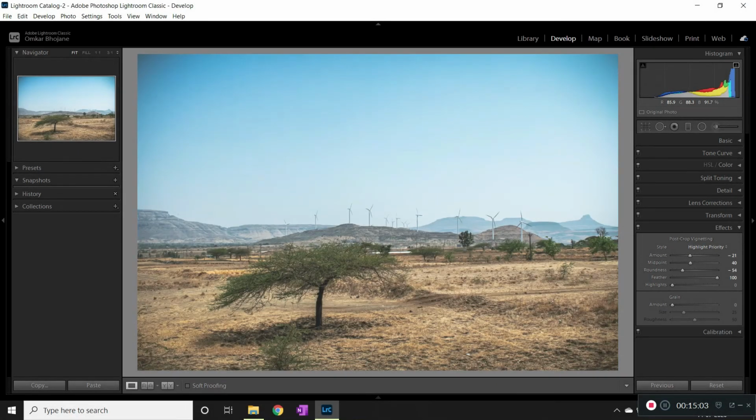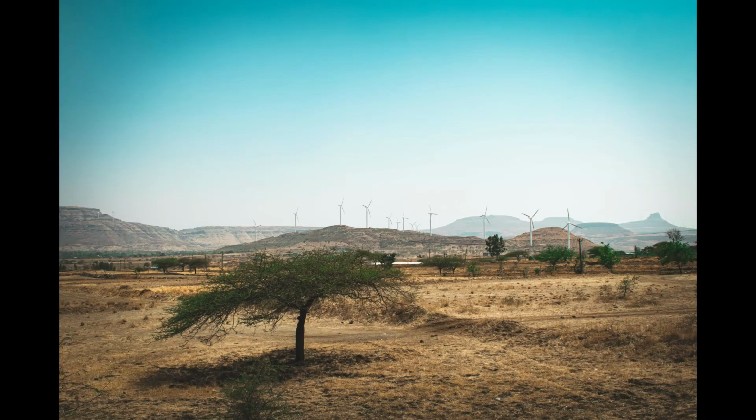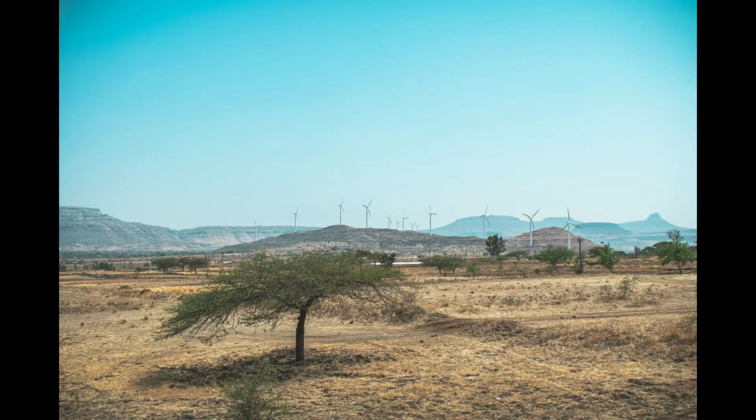Okay guys, so apart from this edit, I've also edited this image in 2 other different ways. So let's take a look at those edits. This is one image in which I've just added darkness to the image, and I've increased the vignette effect in the corners. Apart from this, I've changed the hue of the blue color in this image. Let's take a look at the other one. Okay, so in this image I've done nothing, but I've just changed the hue of the blue color. Otherwise the image is the same as the one I've just edited.